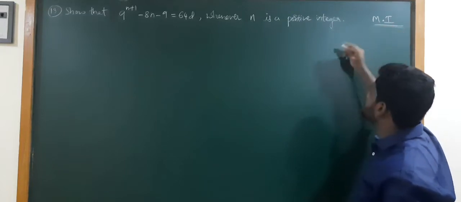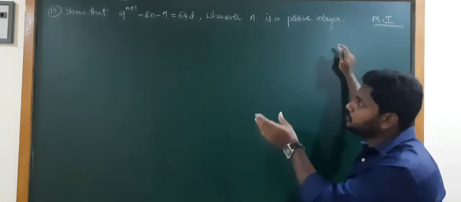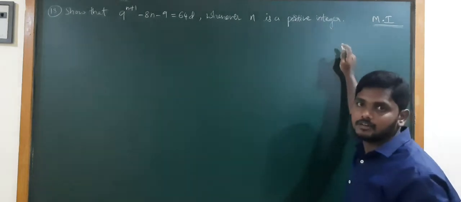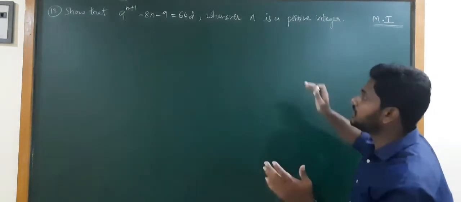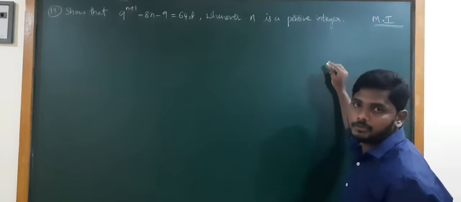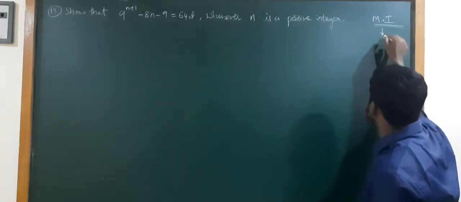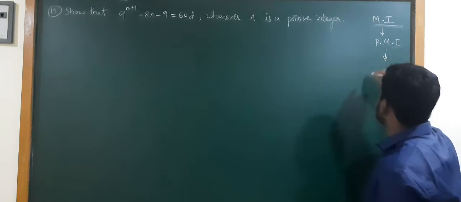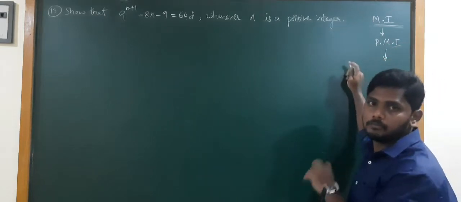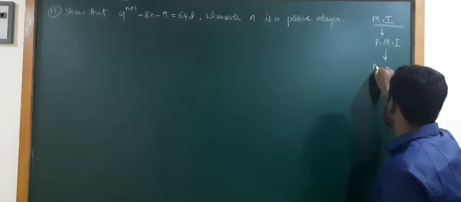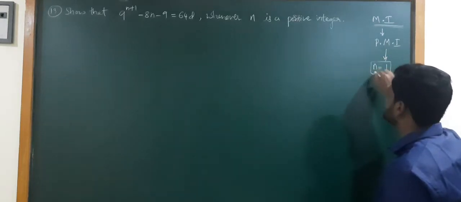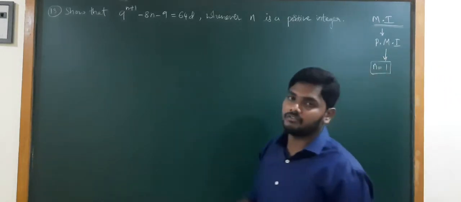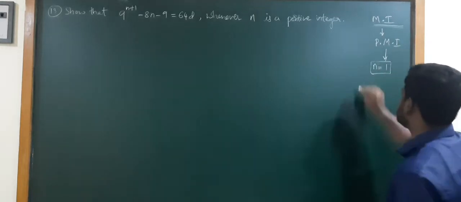So what does mathematical induction mean? We need to prove that LHS equal to RHS by using different methods. This is one of the methods, which we consider as the principle of mathematical induction. How will we prove by using the principle of mathematical induction? By considering n equal to one value, we need to show LHS equal to RHS.